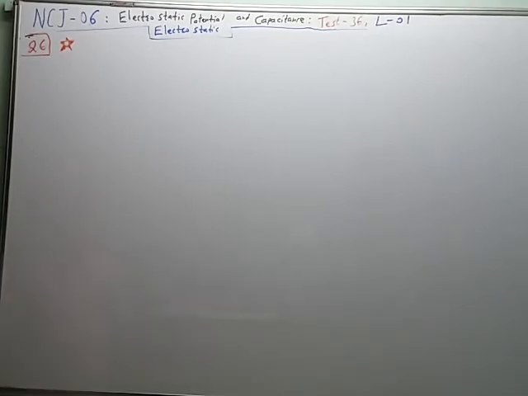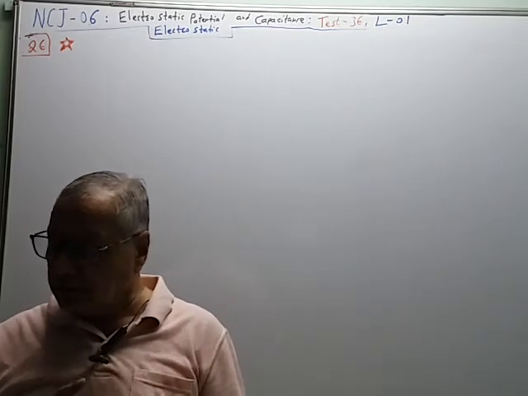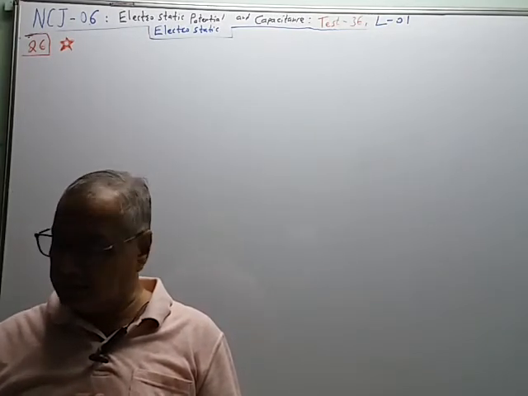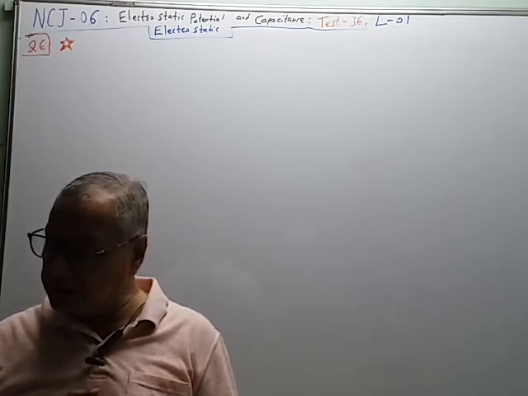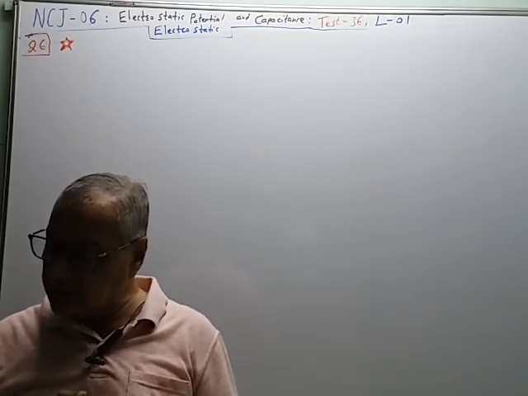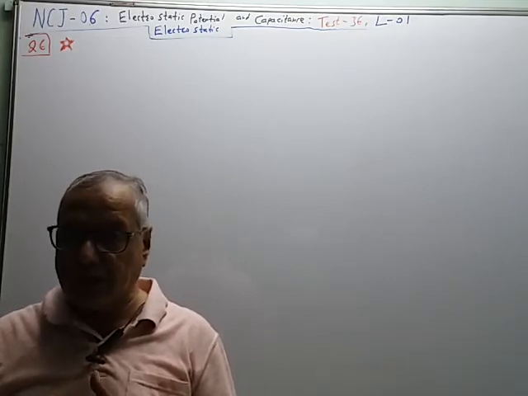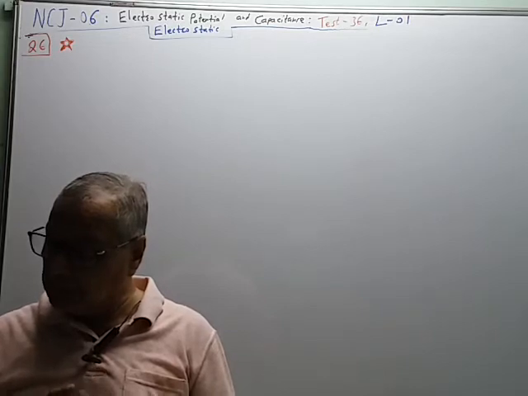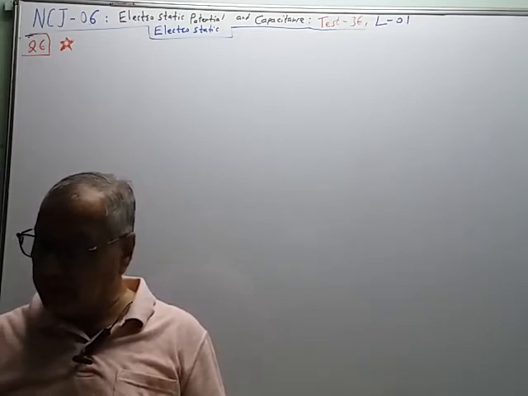Next, question number 6. Consider three concentric shells of metal A, B and C having the radii A, B, C respectively as shown in the figure. A is less than B less than C. Their surface charge densities are sigma, minus sigma and sigma respectively. That means the charge on sphere B is a negative charge. Calculate the electric potential on the surface of the shell A.